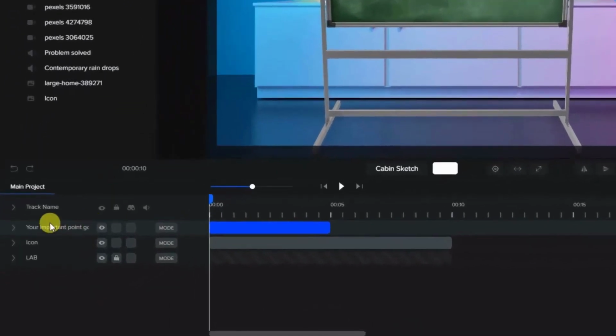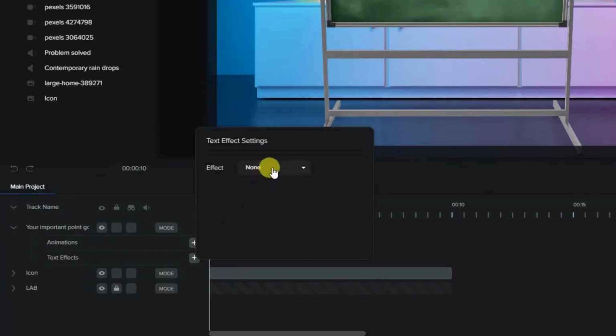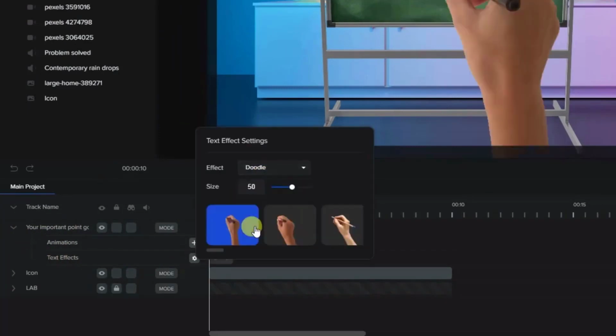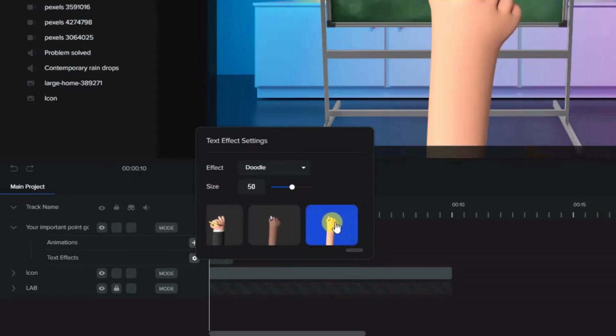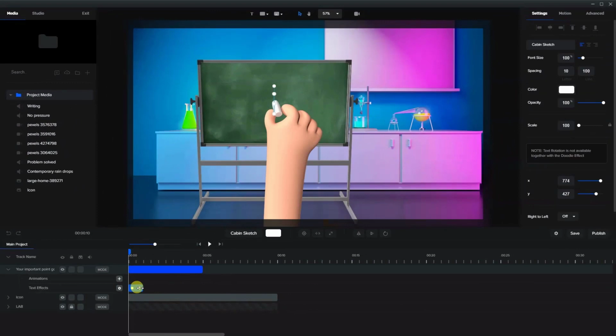We're going to add the Doodle Effect. So we come down here to the project settings and we're going to add a text effect and choose Doodle. And here we have a number of choices. So what we're going to choose here is one at the end using chalk. Great. Okay, we can make this effect longer or shorter depending on how long we want the person to write